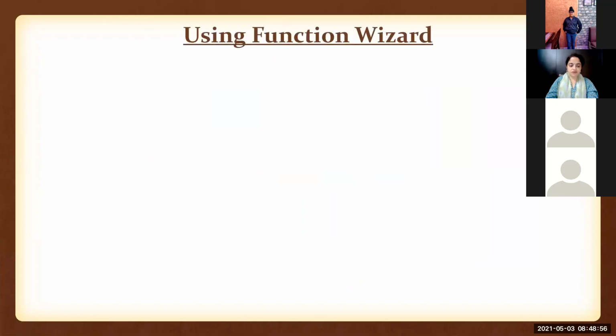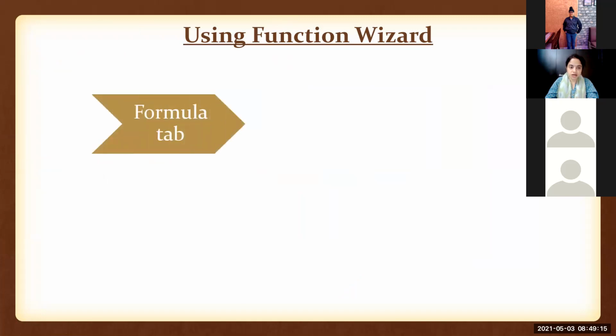What is function wizard? Function wizard means when we open the function dialog box, the insert function dialog box, from which I can select any function that I want to use to do some calculations. Functions can be mathematical, date related, trigonometry related, accounting functions, financial functions. So many functions are available. You can find the function you want according to the category, and you can open the function wizard by using two methods.